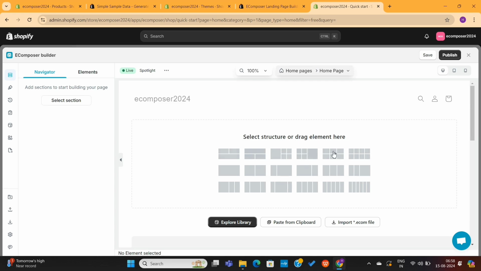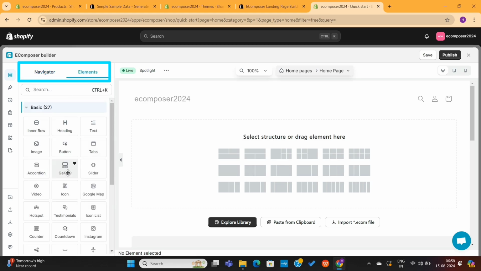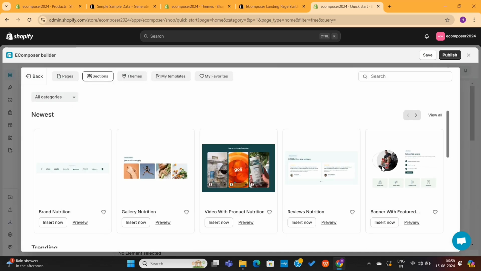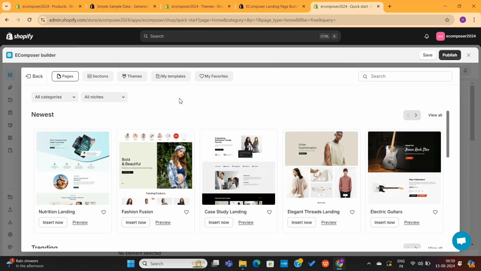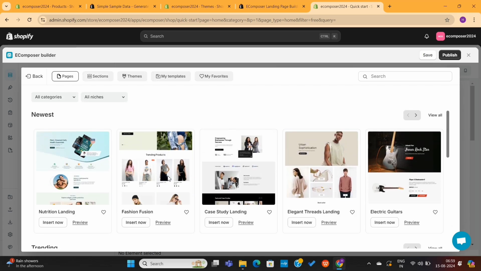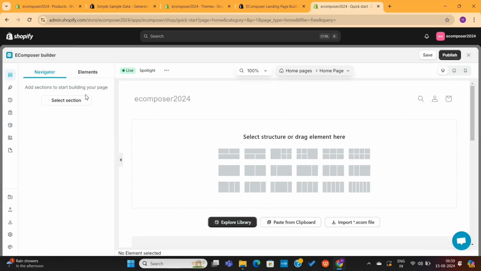This is the Ecomposer editor. On the left-hand side, you will see these Navigator and Elements tabs. We can design our entire page using these elements. We also have the Navigator here, and if you click on Sections, you'll find hundreds of pre-made sections that you can use on your page. We also have templates here, which contain all the pre-made templates. I'll show you how to use these sections and templates, but first, I'll show you how you can design the